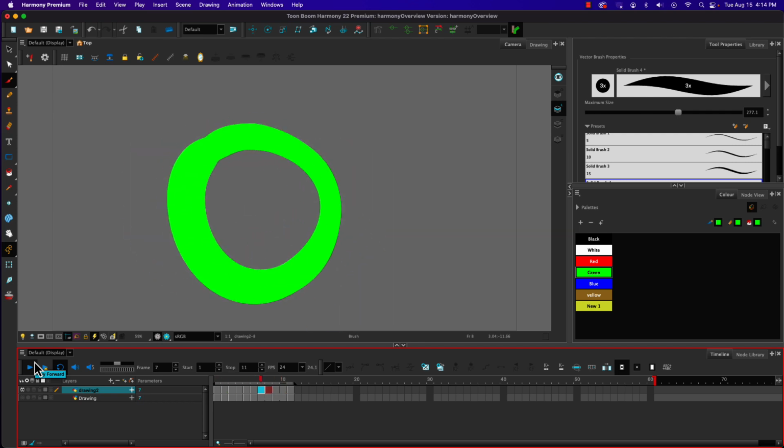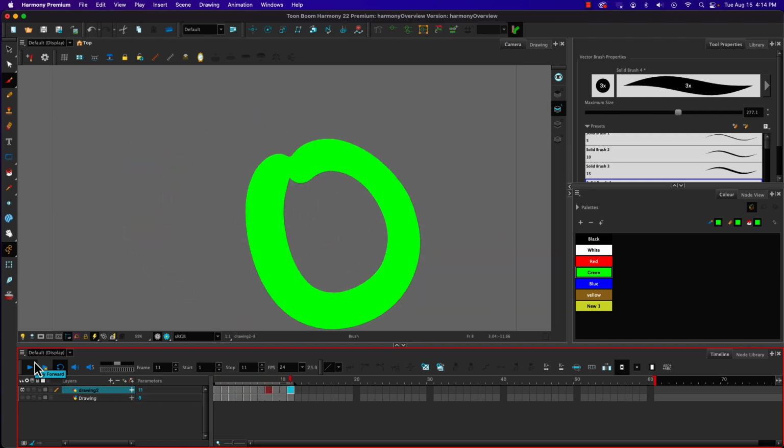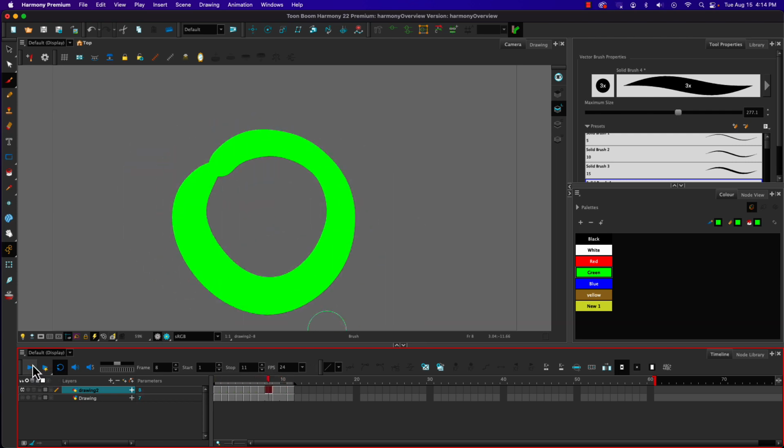working. So you may be thinking, okay, this is great, but it's really hard to line things up from frame to frame to frame. How do I go about doing that? And what we do is we use the onion skin tool. The onion skin tool relates back to how animators used to work, where they worked on a light table. They had translucent paper that they did their drawings on, and then they could see the previous drawing